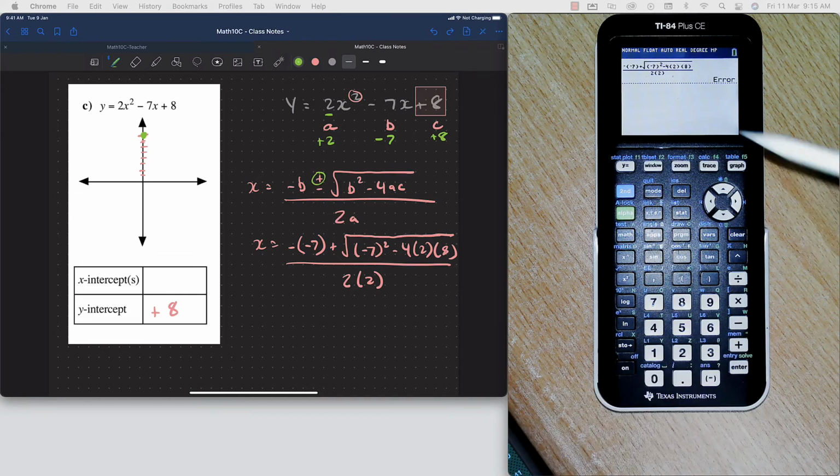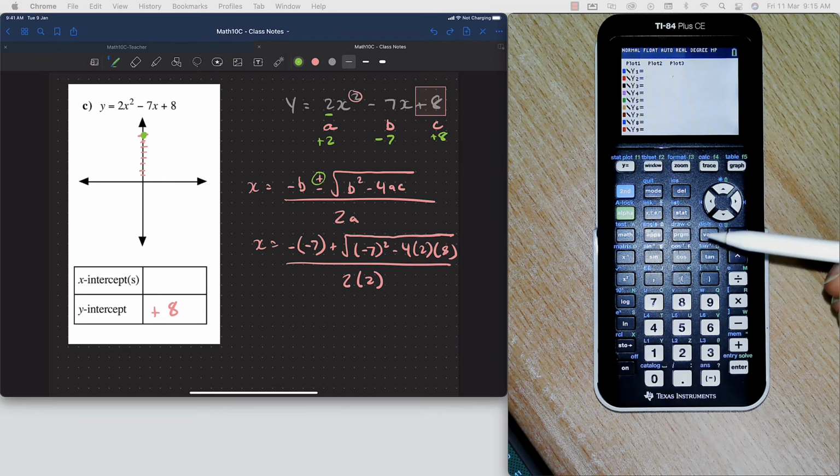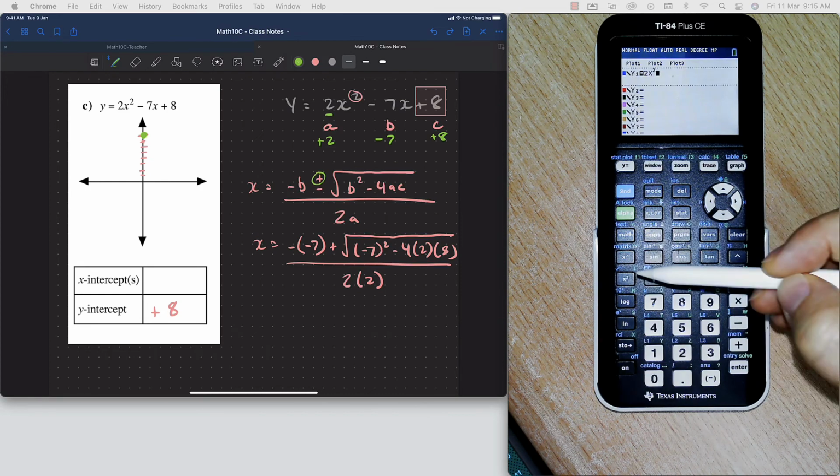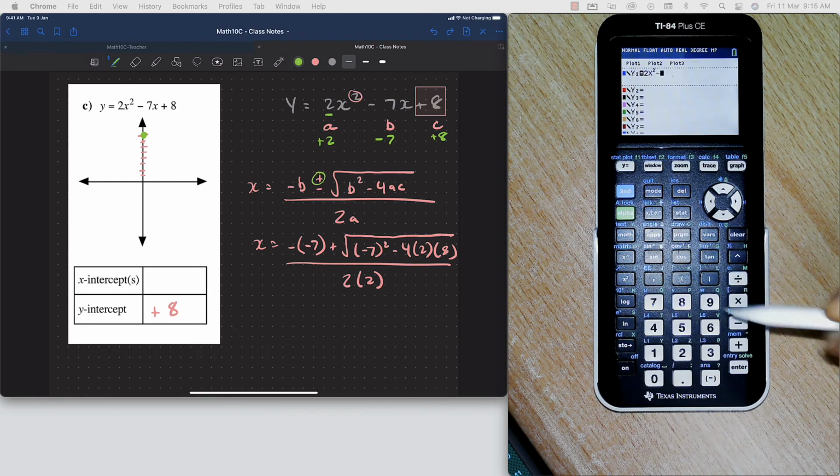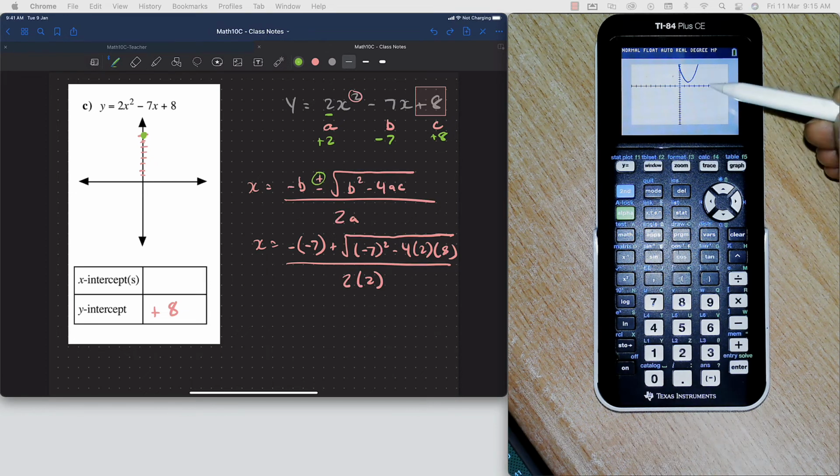So again, it's good to go into our graphing function right here and just punch in the original equation, which was 2x squared minus 7x plus 8, and graph that. And yeah, you can see that it doesn't come down and intersect with the x-axis. So in this case, there are